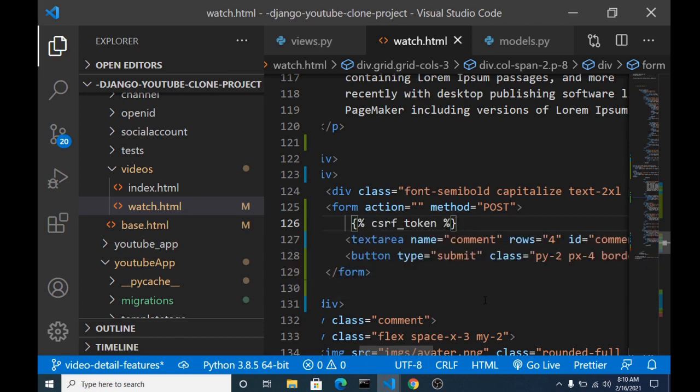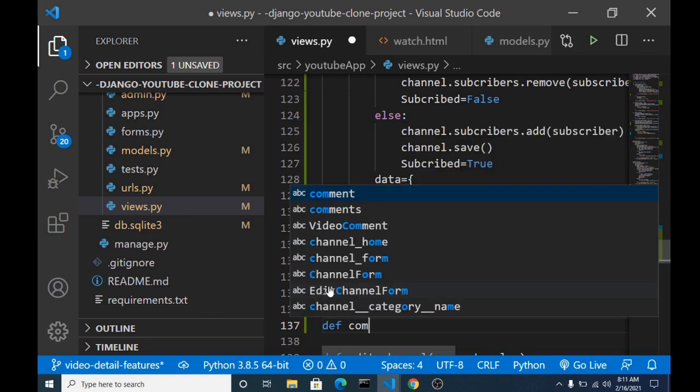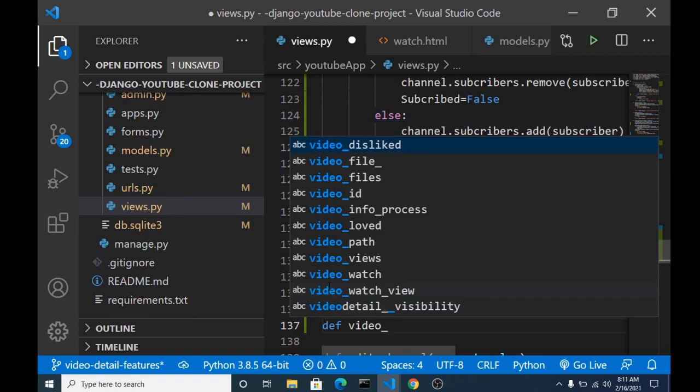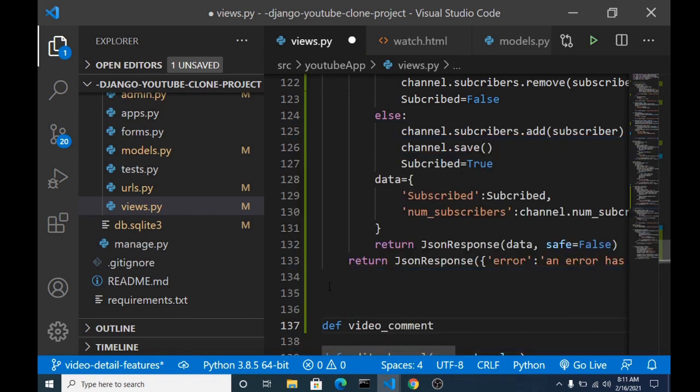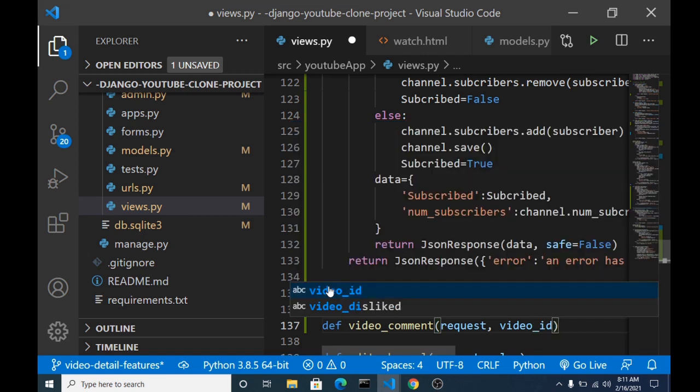So what we're going to do, we're going to create a very simple view that's going to handle this form. So head over, we can create a simple function called comment or video comment, you can choose any name you want. It's going to take in request, and secondly it's going to take in the video ID so we can know the video we want to comment on.